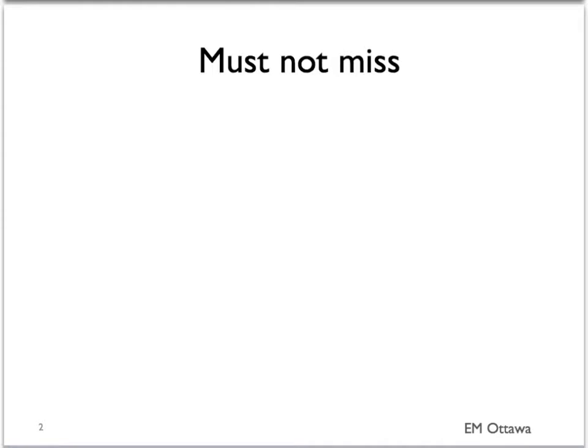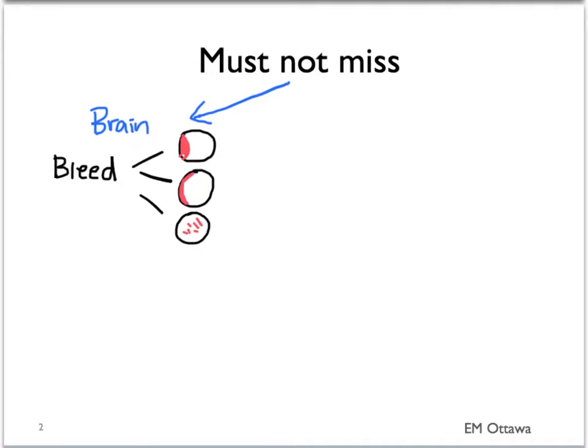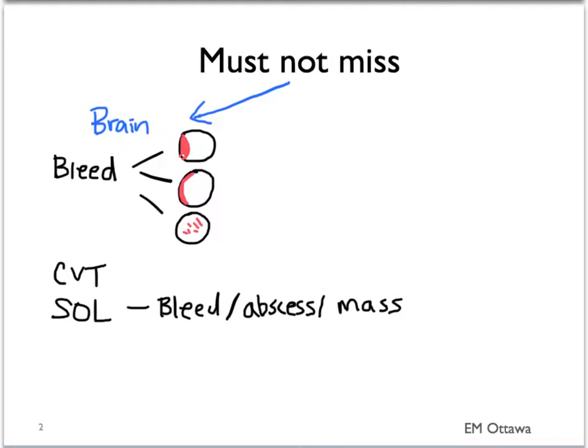To refresh your memory, there are a few must-not-miss diagnoses of headaches in the emergency department. Within the brain, there are diagnoses related to the blood vessels, including epidural, subdural, and subarachnoid bleeds, cerebrovenous thrombus, space-occupying lesion in the parenchyma, including brain abscess and mass, and in the meninges and CSF, increased intracranial pressure and